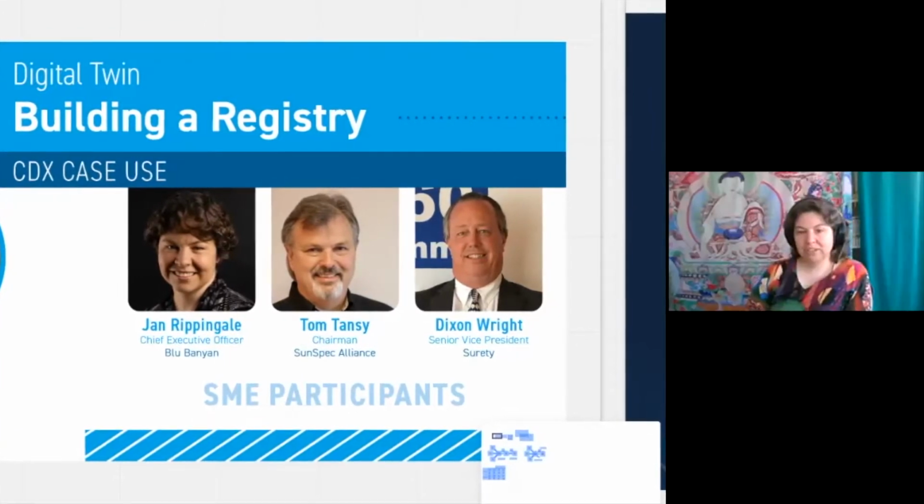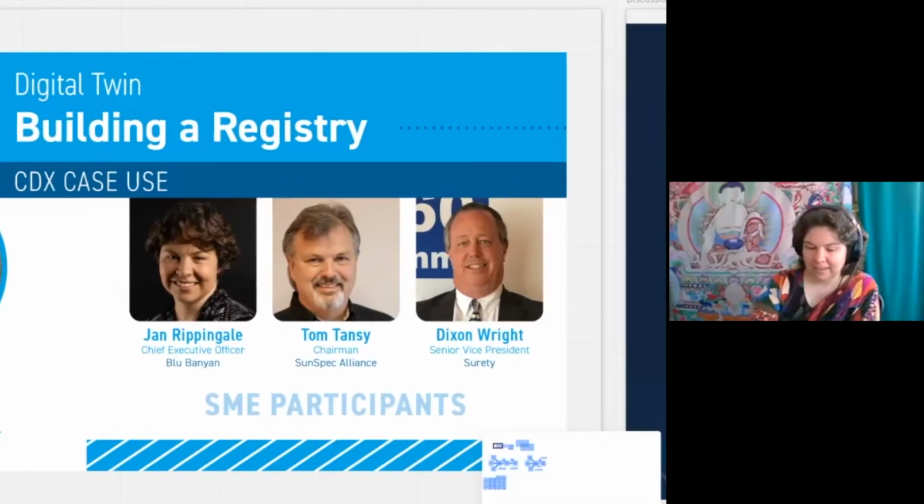I am Jan Rippingale. I'm the CEO of Blu Banyan, and we are a software company that's building software for solar installers. And the friction in the industry, removing that friction, removing those soft costs is our mission. And according to my calculations, which I have yet to vet with some of the PhDs I know, simply removing soft costs and improving that friction would improve solar installation pace enough